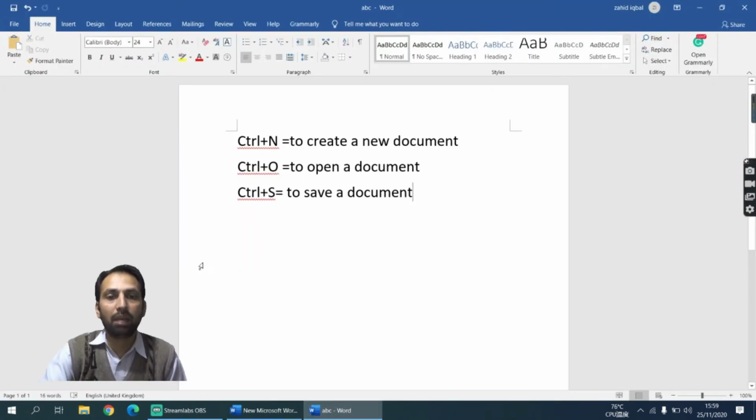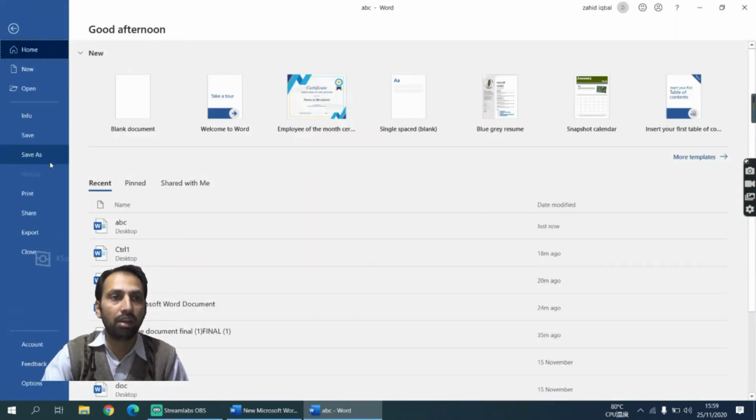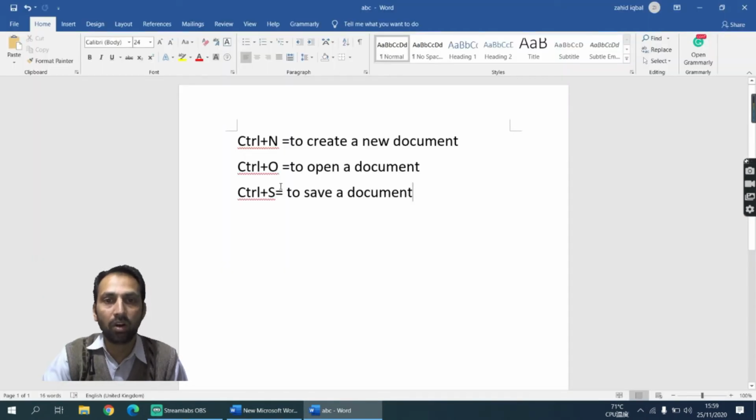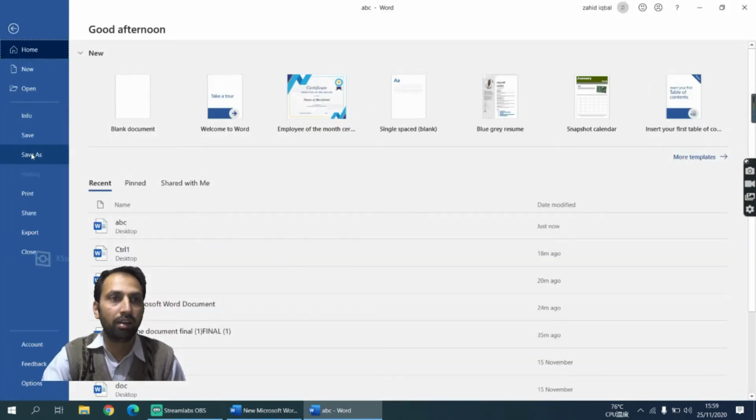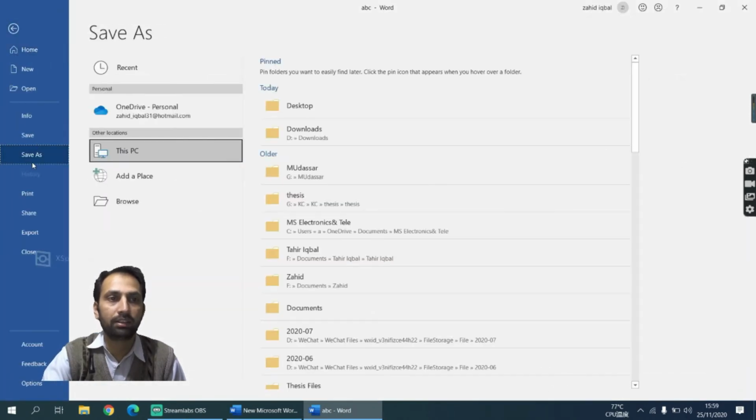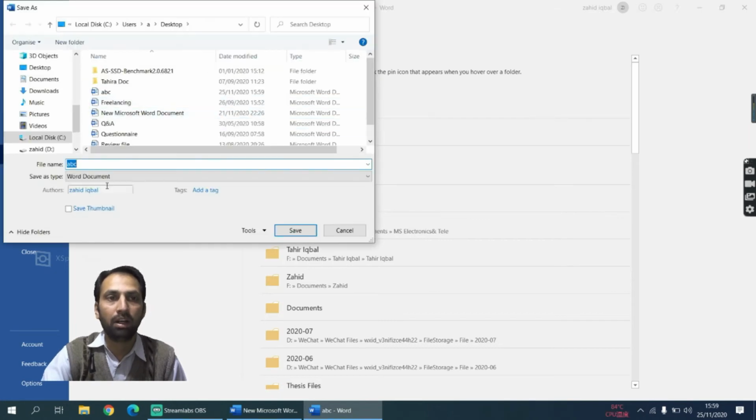So the next command I am going to talk about is save as. The save as command is used to create a copy of your file. I want to copy this file with a different name, so choose the save as command. After clicking on save as, you need to define the location where you want to save. Let's say I'm going to save this file on my desktop. After selecting the desktop, you need to define your file name. So my file name, I am choosing the file name xyz.